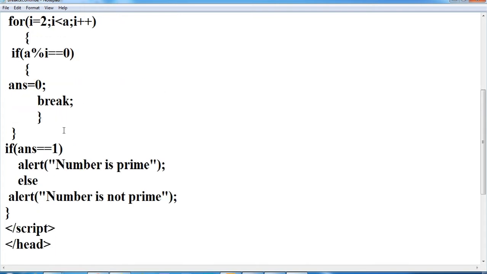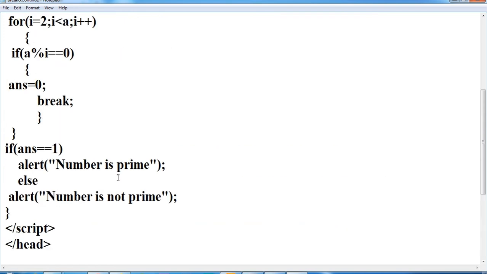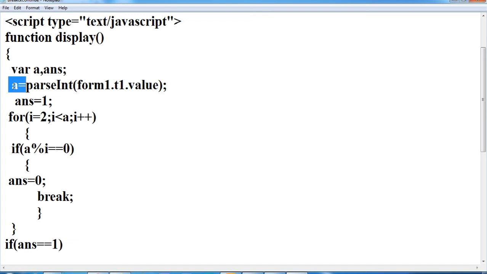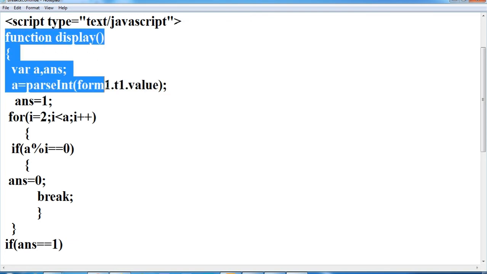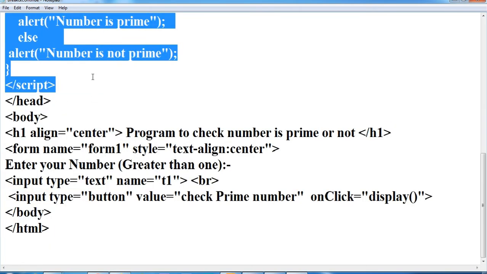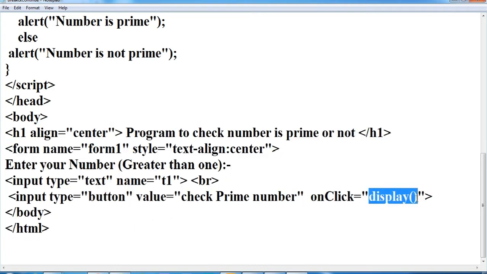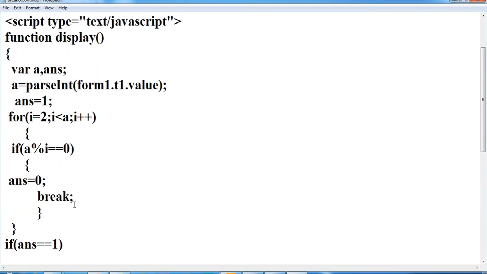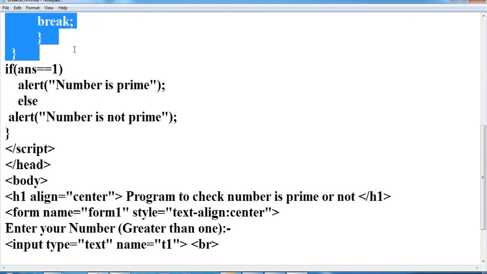So I have given a form to enter a number, which should be greater than 1. That number I am fetching in the function called display. I have made a simple form and a click button, and I am calling the display function, which is defined in the head of this program.